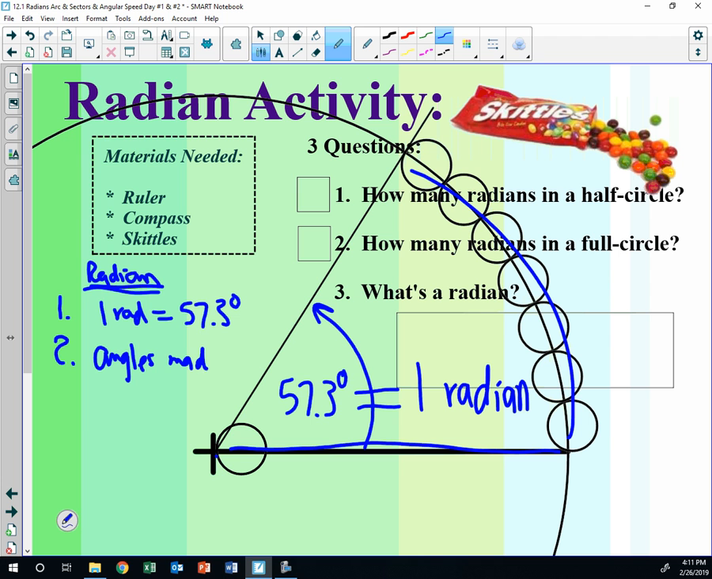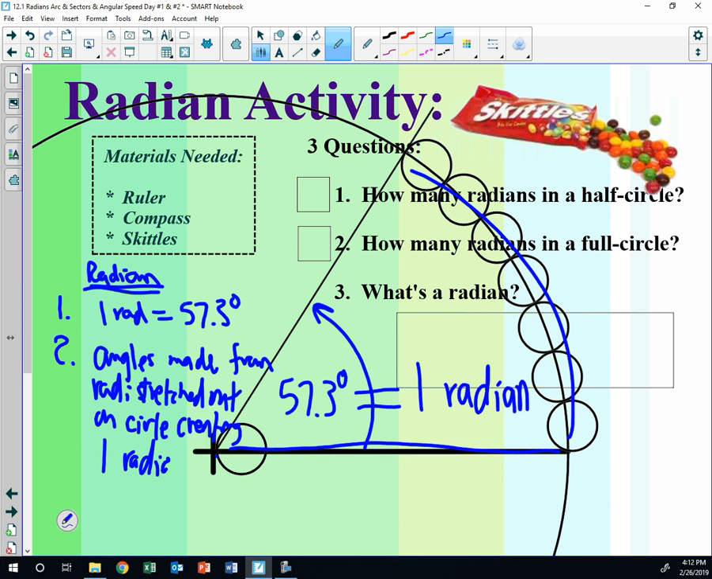made from radii, stretched out on a circle, creating 1 radian. Now the cool part of this is if we did continue this, so my first one was